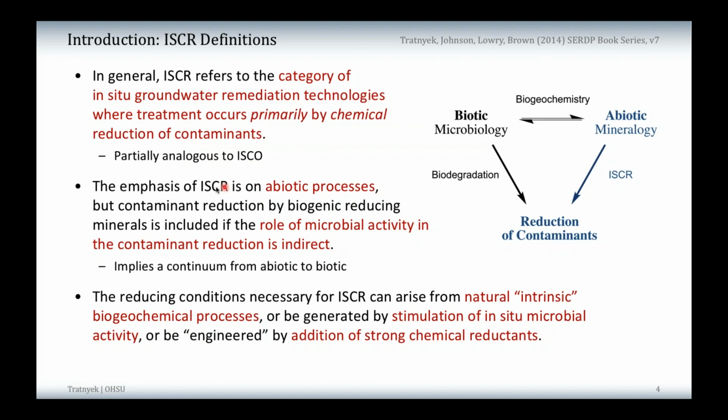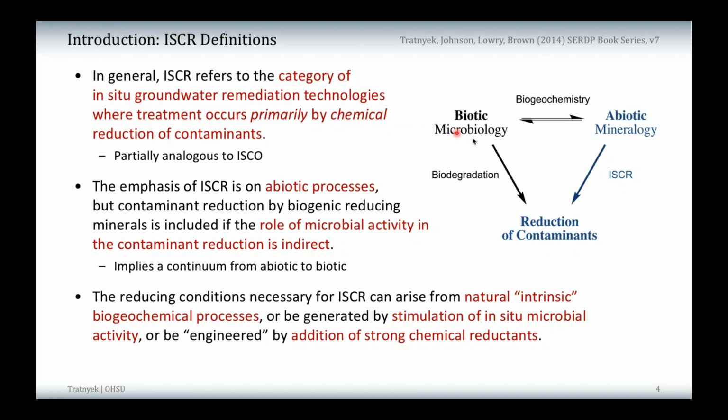The emphasis on abiotic processes is fundamental, but contaminant reduction by biogenic reducing minerals is included if the role of microbial activity in the contaminant reduction is indirect. And so I should have italicized the word indirect there,